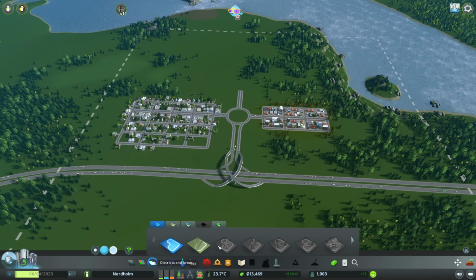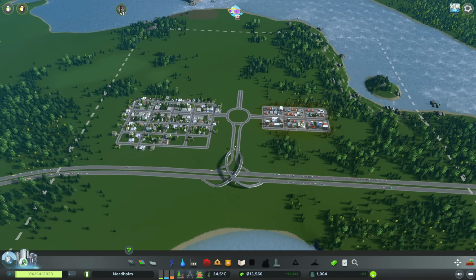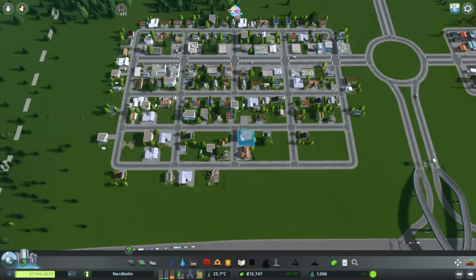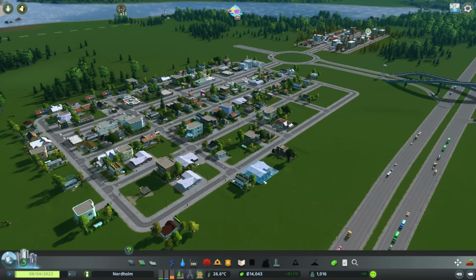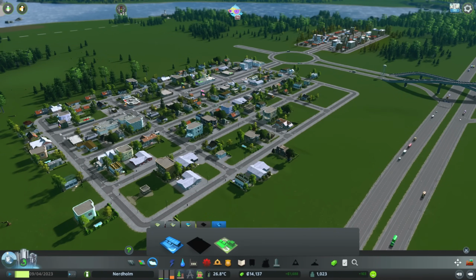But for now, when do I get pedestrian zones? I need 1,500 people. Okay, so we need to be a tiny town before we can get pedestrian areas. Now, that shouldn't be too hard. In fact, I would hazard a guess that the little bit of space down here that we still have to build in, and by that I mean that the houses still have to build in, I reckon that's probably going to be enough. I'm also curious, if I go to districts, do I have the...